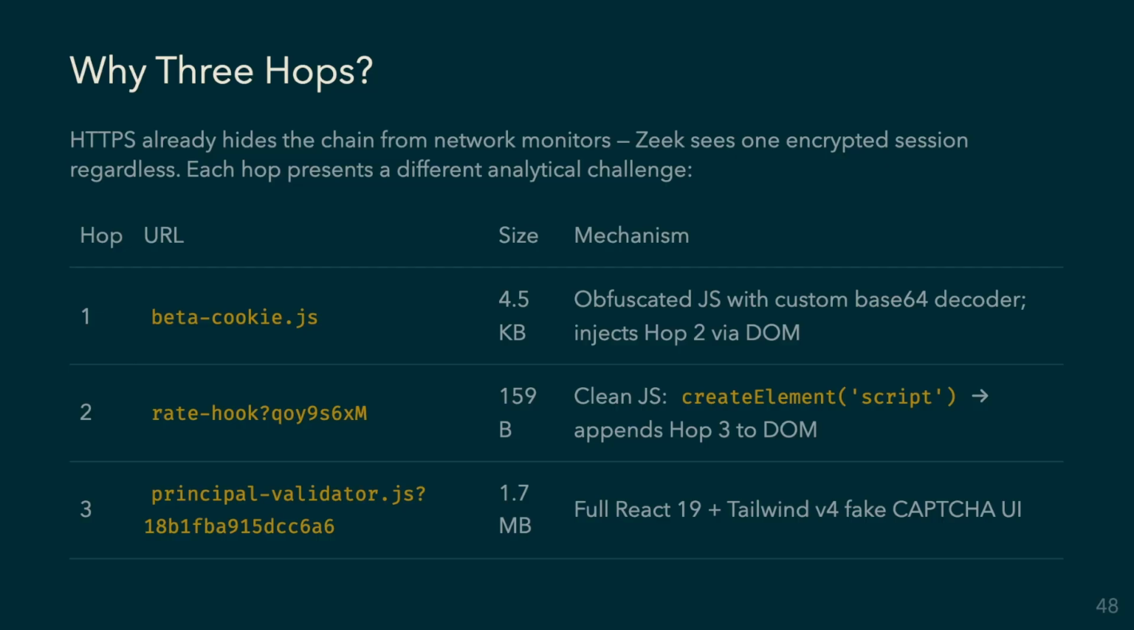Well, each hop presents a different analytical challenge. Hop 1, obfuscated information in there, so you have to run this decoder to find the next URL. In hop 2, it's clean code, but there's no clues about what it actually does, so it's also obscure. And then hop number 3, the last one, that's where we get 1.7 megabytes React app back from the server. And that, like I said, the size itself is the signal. So 3 layers of obfuscation designed to waste analyst time, and one of them is basically a weird flex about